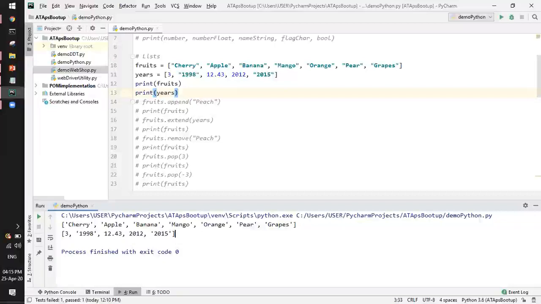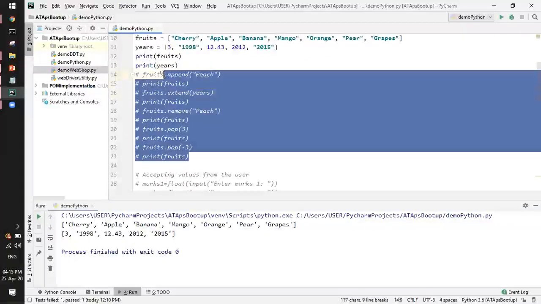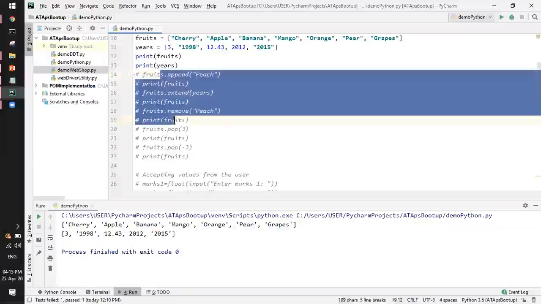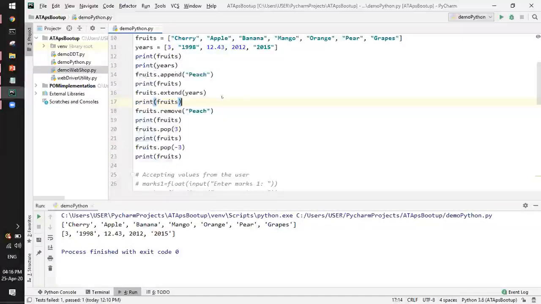Okay, there are a few other methods also available with lists, which I can show. Again, no importance of these things, but I'm just doing it for everyone's understanding of what exactly we are going to understand in Selenium. So far we're only working on Python. Okay, fine. So we have list dot append, which will add an extra node at the end of the list. Okay, all right. I'll just print it.